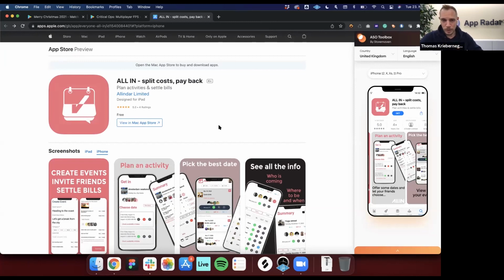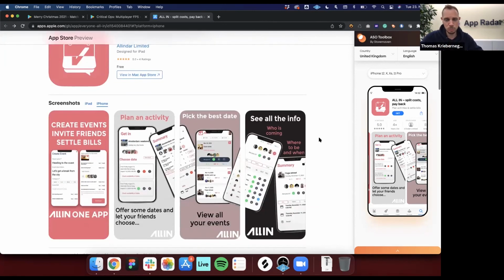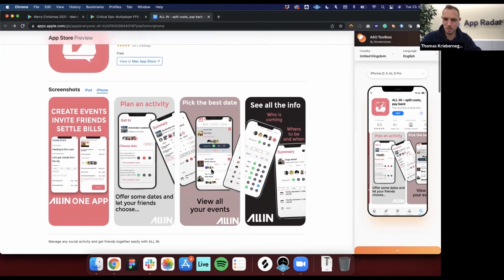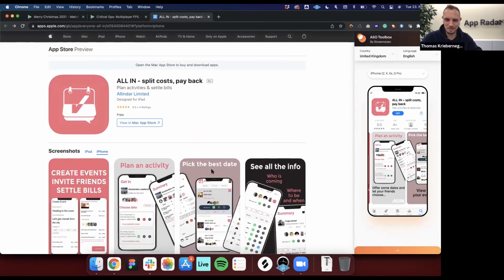If I would now also rate this app with a maximum of 10 points, I would give it, in this case, 6 points because I think on the first hand side, it looks very well. It looks very well optimized, that you have an understanding what the app is about. But the screenshots are a bit too crowded. There is no seasonal kind of topic around it. Once again, our specialty of today's topic, and I think maybe with a Black Friday shopping tour or something like that, could be also an idea of an app like this to promote it. So therefore, 6 out of 10 points.